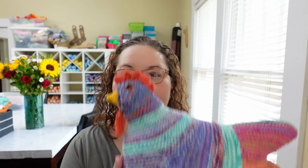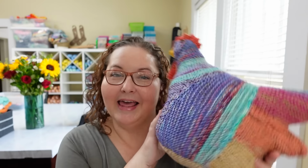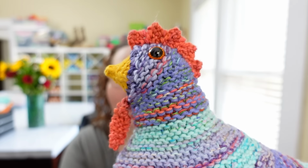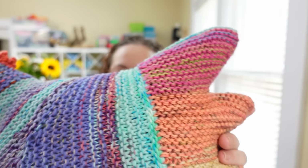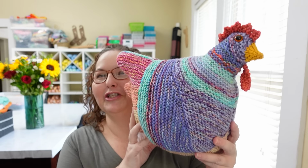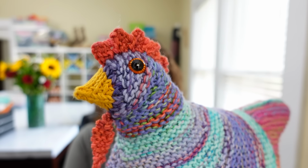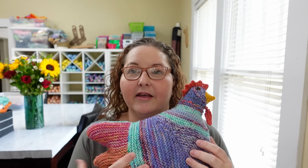Okay, so the first finished object is this emotional support chicken that my mom actually made for me for Mother's Day, which I know, she's my mom. She didn't have to make me anything, but she was just being sweet and wanted to make it. I don't know if it was officially for Mother's Day, but she gave it to me the day after Mother's Day. So it's actually yarn that I dyed for her